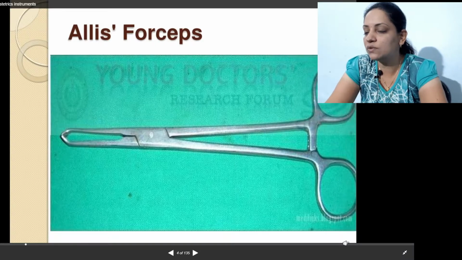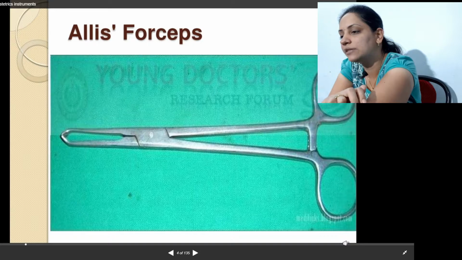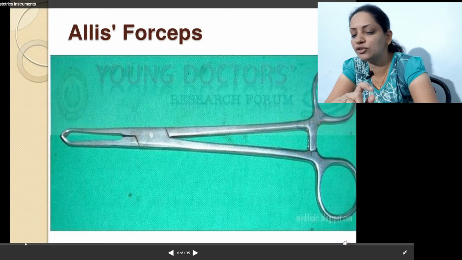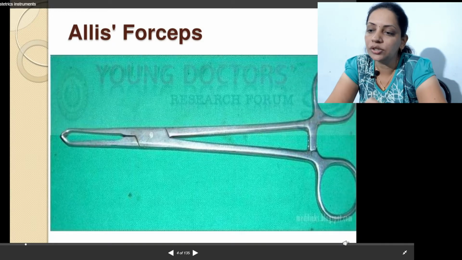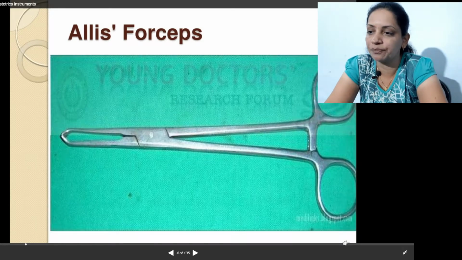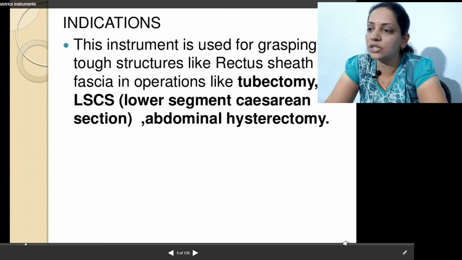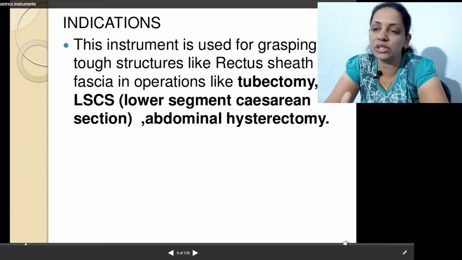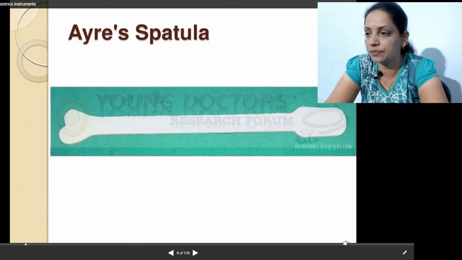At the end of the Allis forceps we have three to four small tooth-like projections. Its indication is to grasp structures like any peritoneal sheet, skin or fascia, and mainly it is used in tubectomy, cesarean and hysterectomy. So that was Allis.